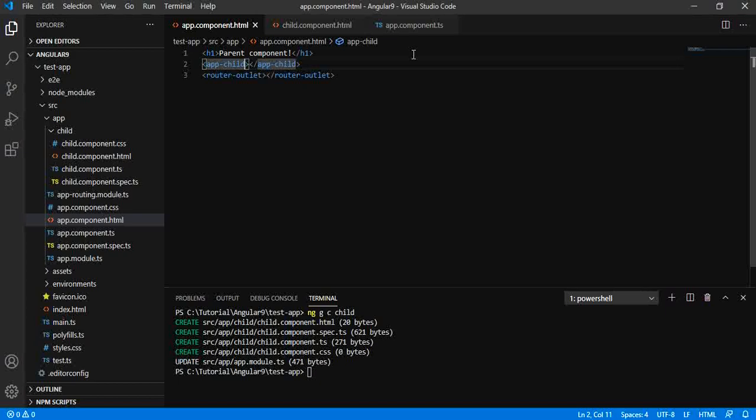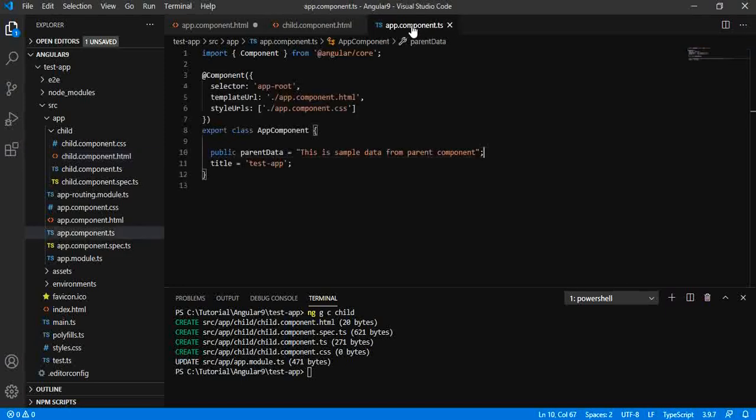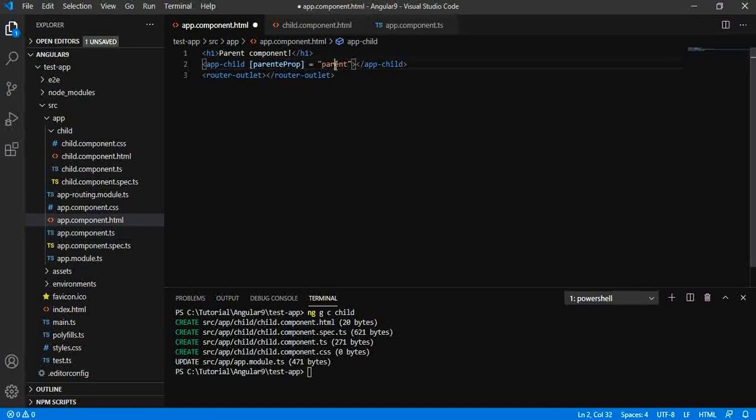Now inside this particular tag, that is the child tag, we need to add the property that we have created in app.component.ts. So inside the child component we will have parent property as an input property.